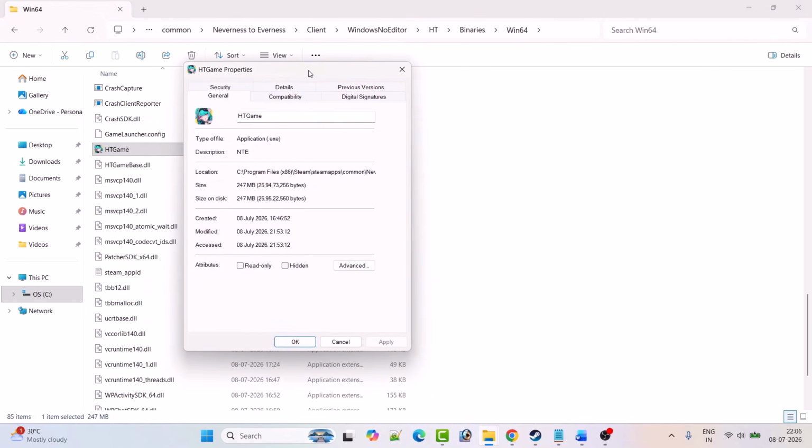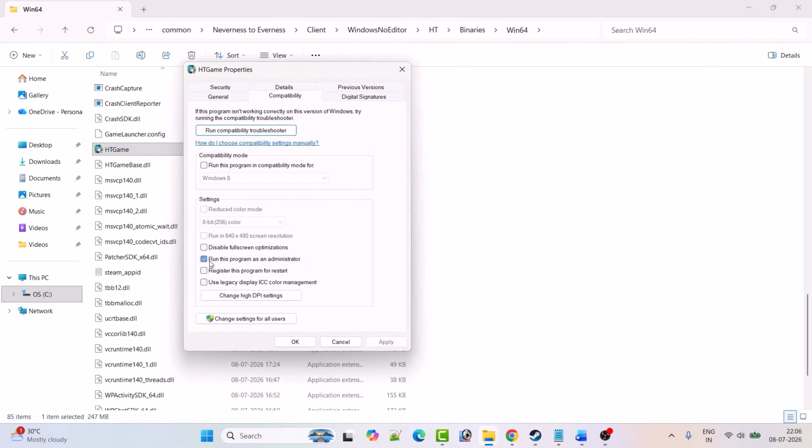Then go to the compatibility tab and check mark run this program as an administrator, hit on apply, OK, and then launch the game from the game installation folder and see if that helps or not. If not, then also check mark run this program in compatibility mode for. From the drop down, select Windows 7, hit on apply, OK, and then launch the game and check. If it's still not working, from the drop down, select Windows 8, hit on apply, OK, and then launch the